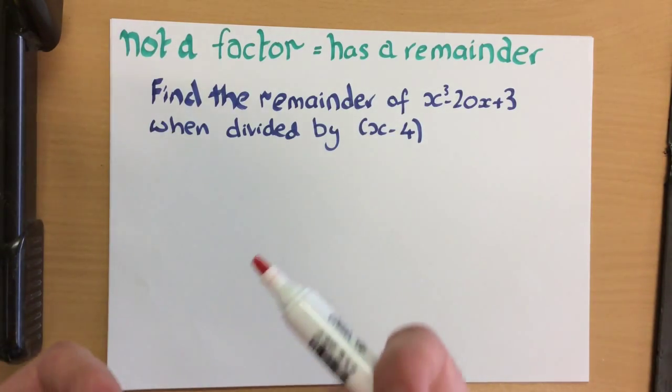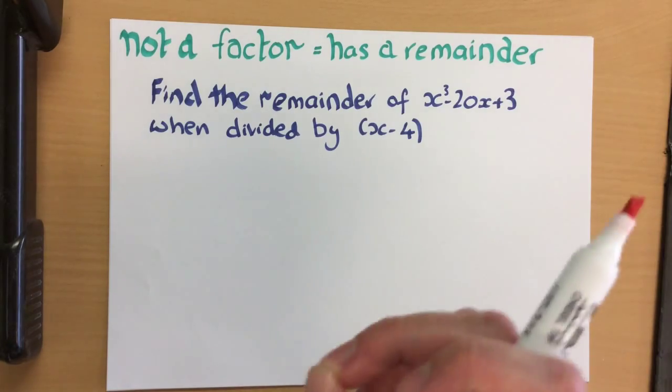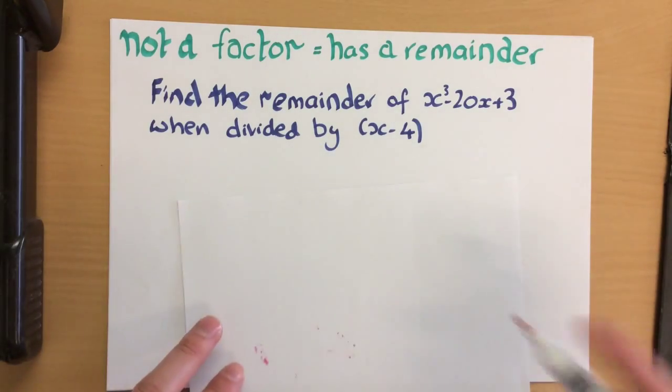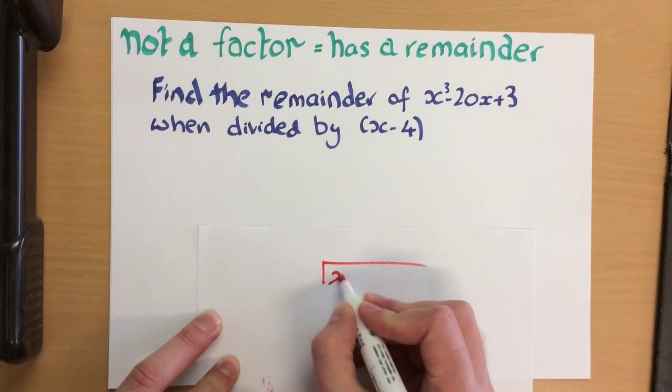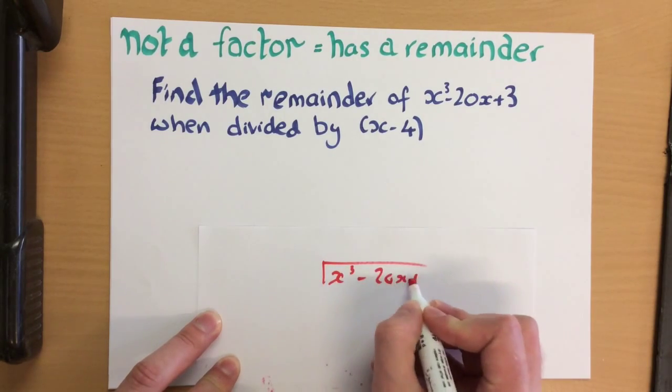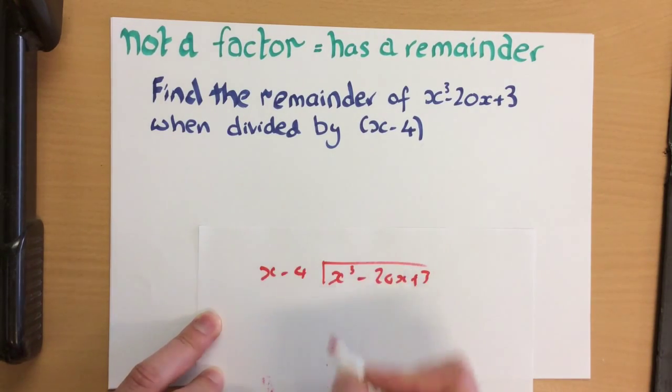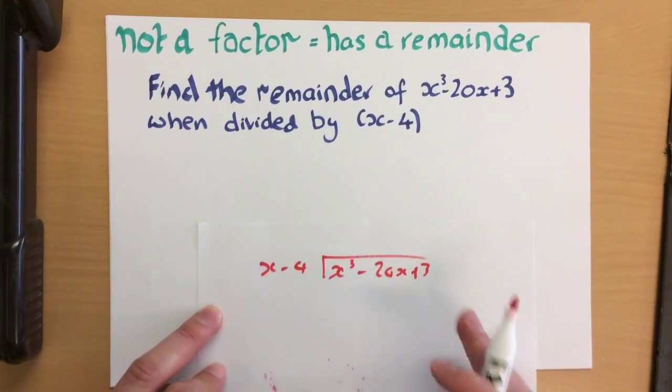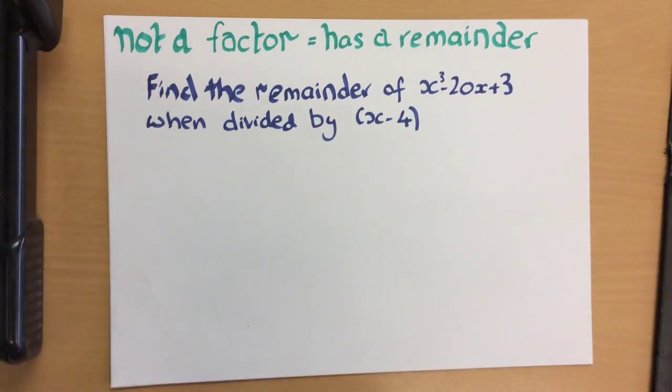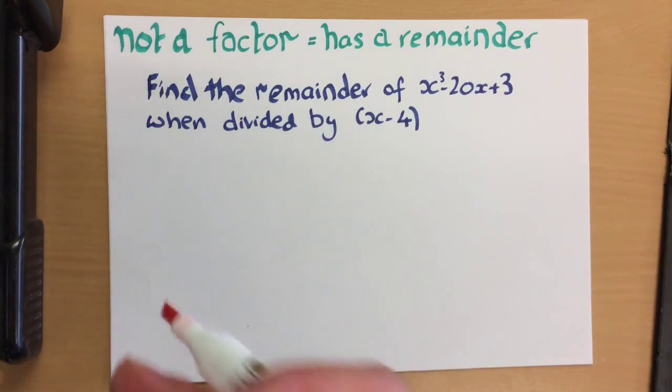To find the remainder, you can go back to the old-fashioned version of x cubed minus 20x plus 3 divided by x subtract 4, doing division and working it out, or use the same process that we used for our factor theorem,